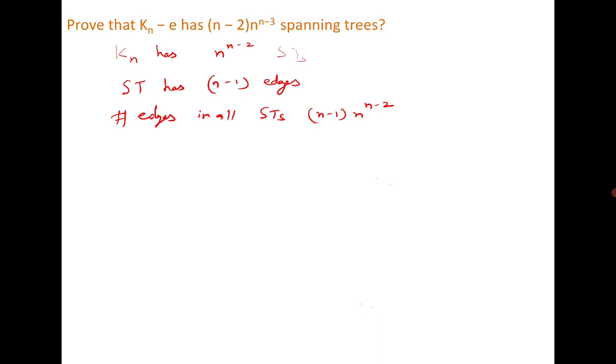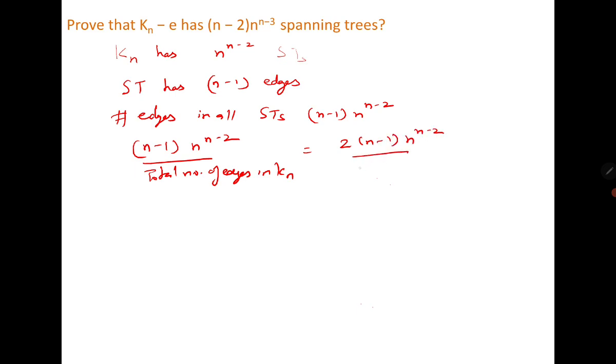Each edge has endpoints with the same degrees, and therefore to compute the spanning trees containing E, because of the uniformity, it should be n minus 1 n minus 2 divided by the total number of edges in Kn, which is n minus 2 by 2,